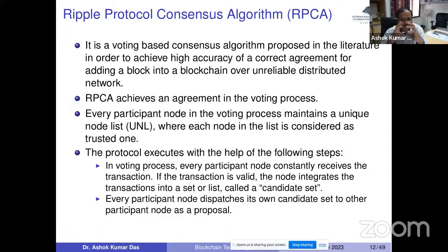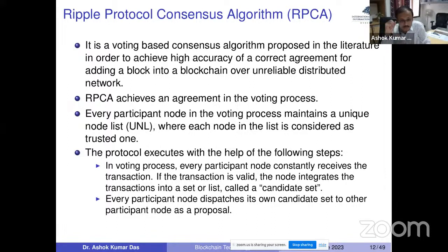And fortunately in India there are 2 universities which got the Ripple funding. One is IIT Bombay, which got the Ripple project funding. And fortunately IIT Hyderabad also got the Ripple funding. So this is the second institution in India. That's why in IIT Hyderabad we also have a center, the Center of Excellence in Blockchain, which is also known as the Ripple Center for Blockchain, and I am one of the active members in that blockchain center.